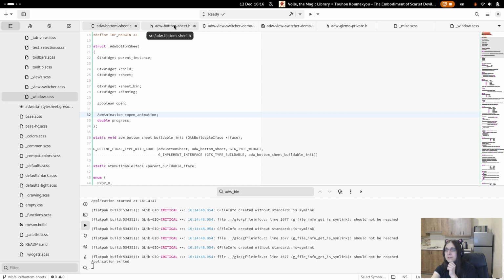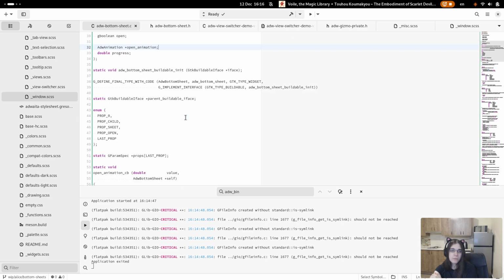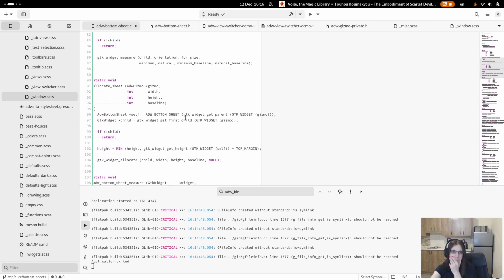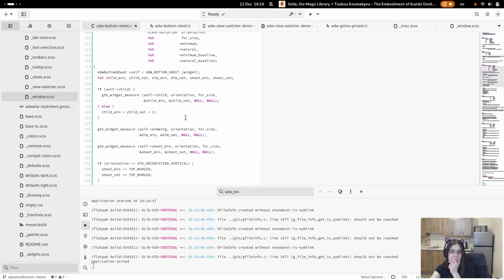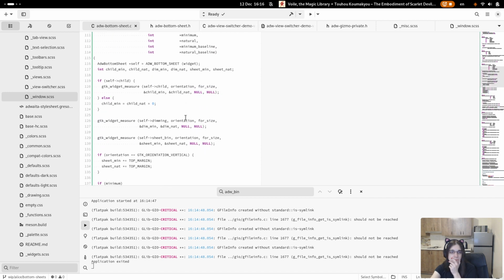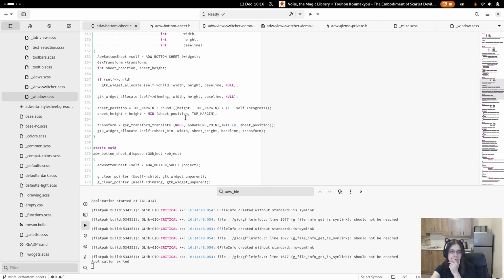For now we can probably just make it always use natural size. So let's see. Here I currently use full height minus that.